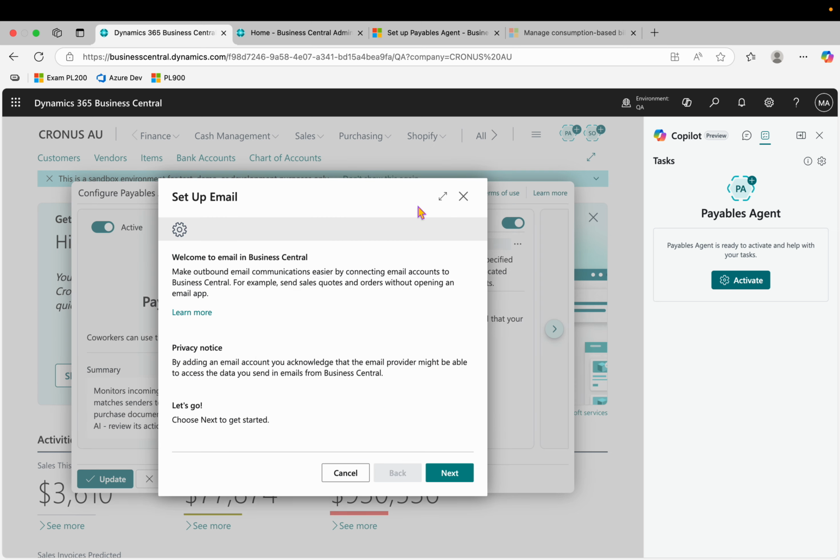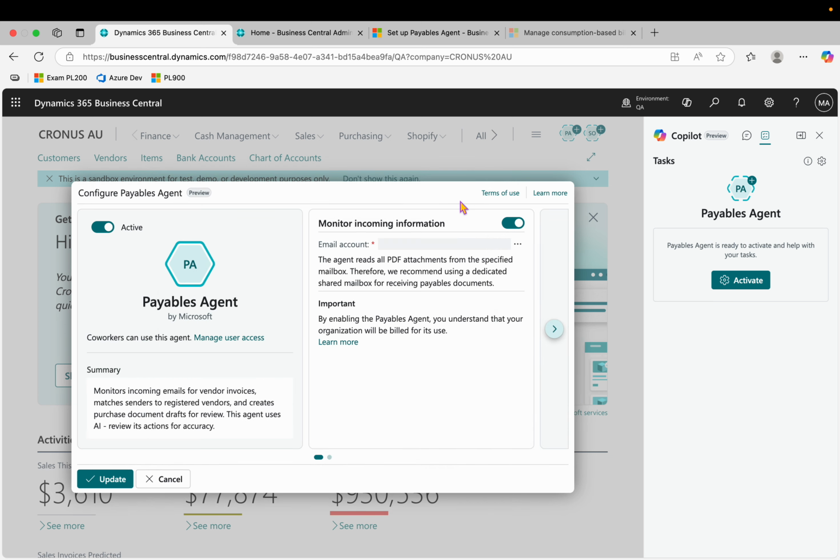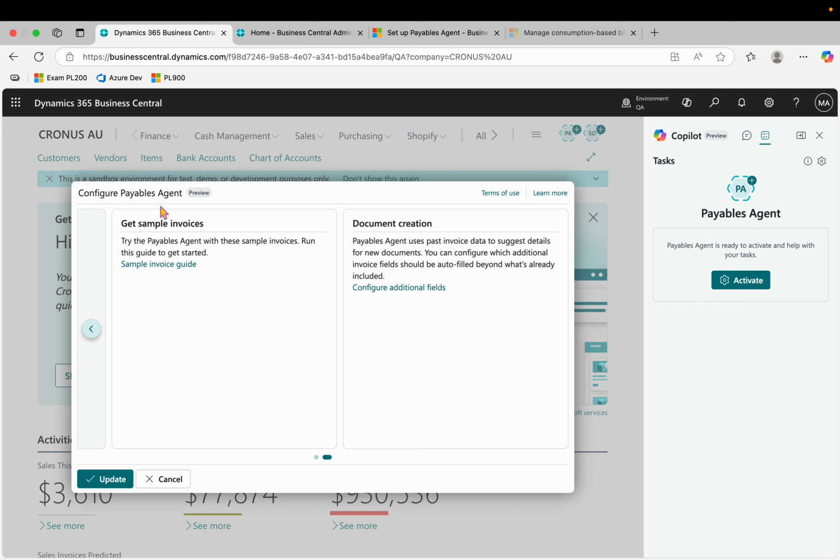Currently, because no email ID is defined, it is showing me to first set that up, as I told you before. Right now I cannot set this up because it is a sandbox and I don't have any shared mailbox. I just wanted to give you a brief idea of the steps you need to follow. If you want to know how to do all this, you can see my sales order agent video. So you need to provide this email account here, and then